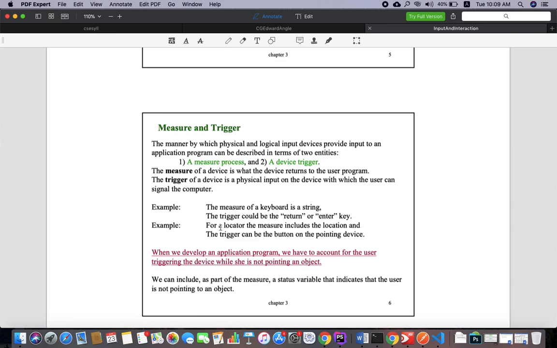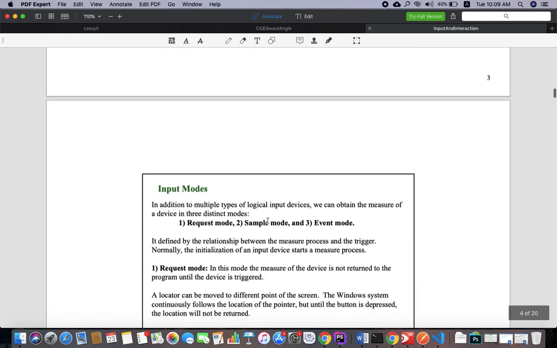Even for location, the measure will be a location, and the trigger can be a button on the pointing device. When you move the mouse, that is a measure, and when you click a button, that is a trigger. And that is a brief overview of the measure and the trigger.